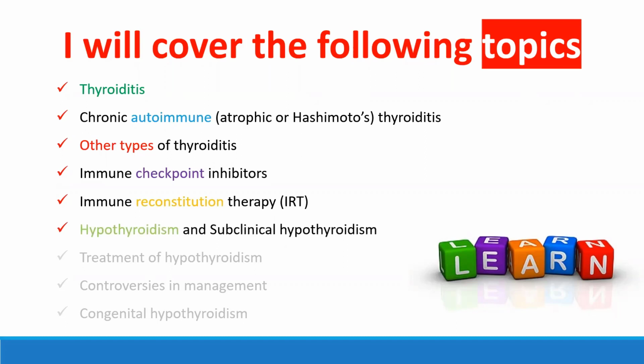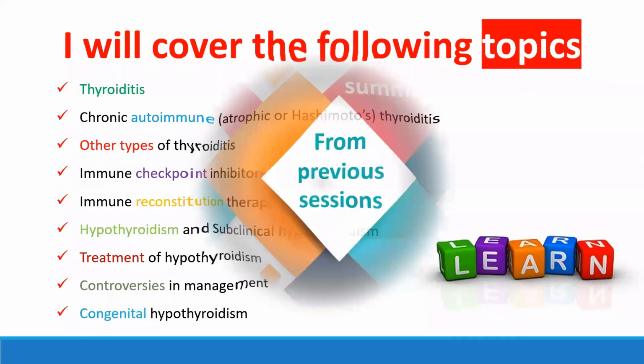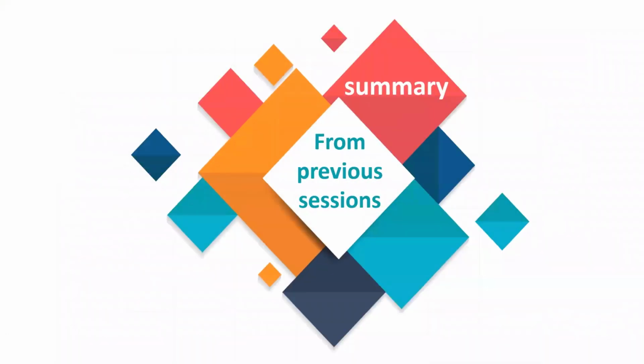Also, I will discuss hypothyroidism and subclinical hypothyroidism, and also the treatment of hypothyroidism, and I will focus on the combination of T4 and T3, because in the recent 3 years there is a question about this combination therapy for management of hypothyroidism, when to choose it, how to choose this drug regimen. And also this is new for the fourth edition of Oxford Handbook, which is controversies in the management of hypothyroidism. And I will finish with congenital hypothyroidism. So as in each topic, I will.